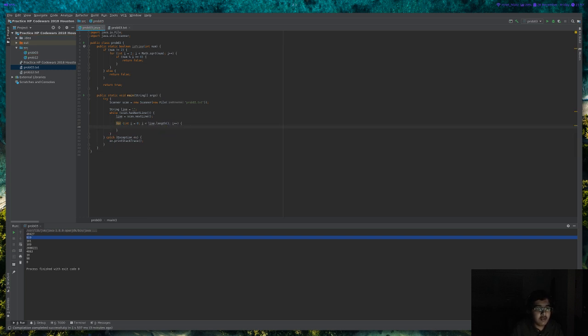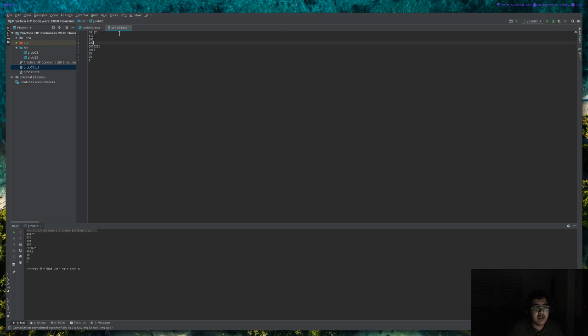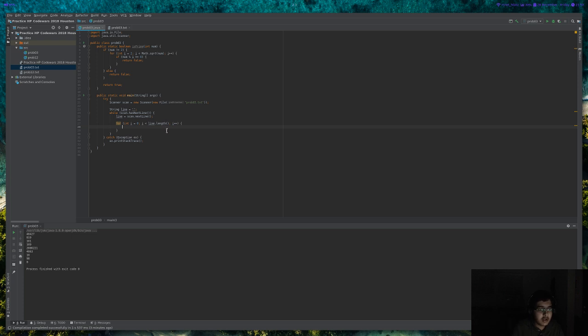Right, so now for each integer i, we're going to iterate, and for each one of these we're going to take the length of the string, because remember at this point we haven't converted it into an integer yet, so we just have this as a string. So what we should be able to do, theoretically, is create a new integer